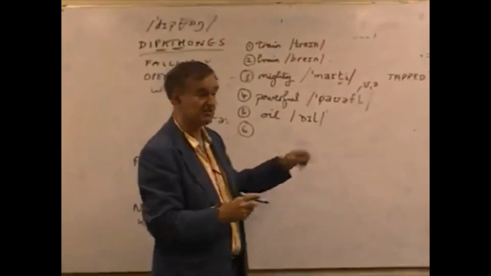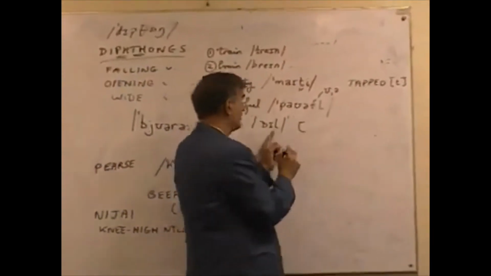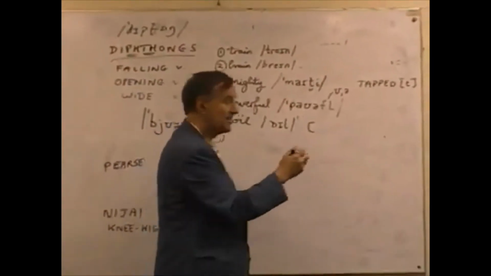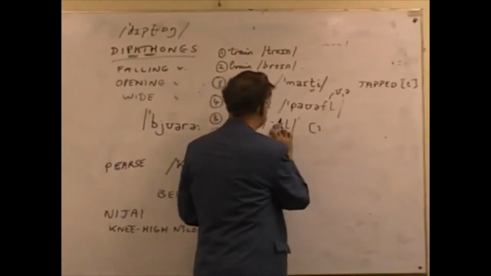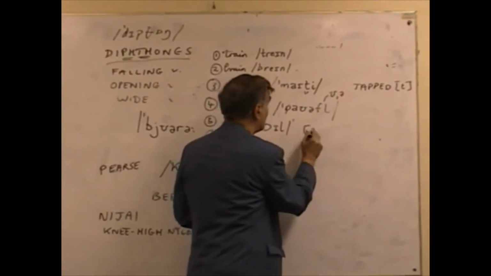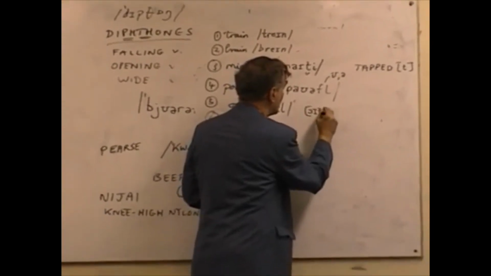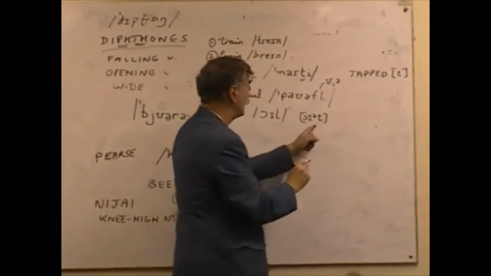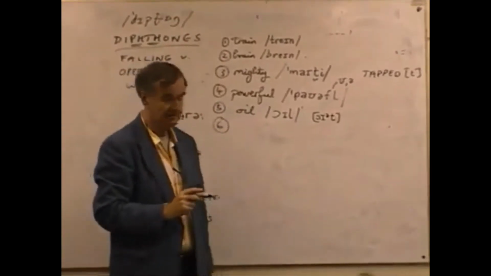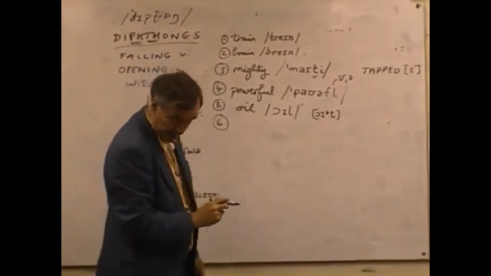The phonetic transcription, remember what you have before the L. You have a glide, which is, sorry, not this, it's this. You have a glide onto the velar L here. Right? The number 6, beard,